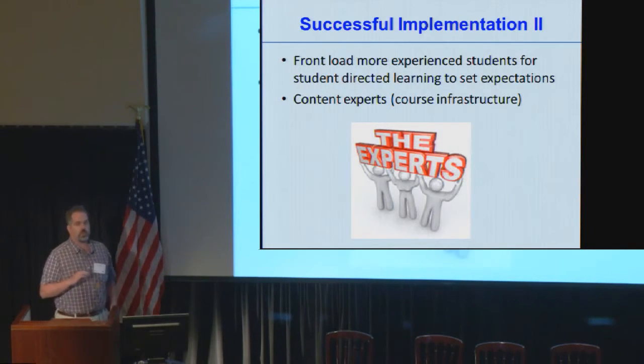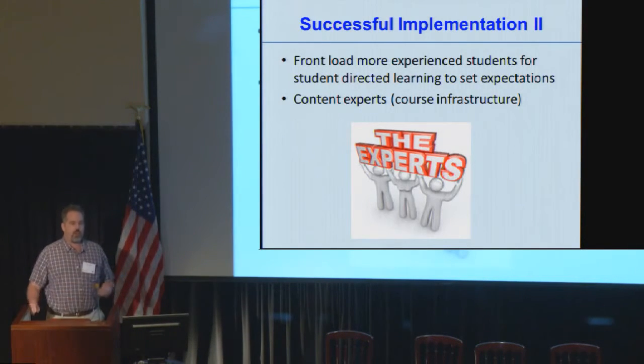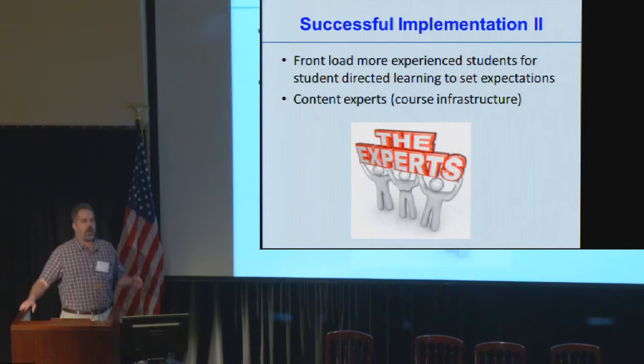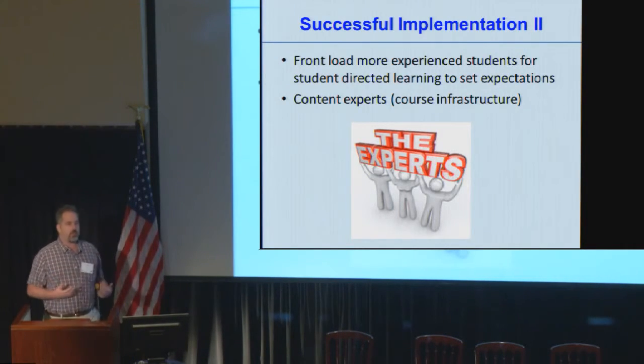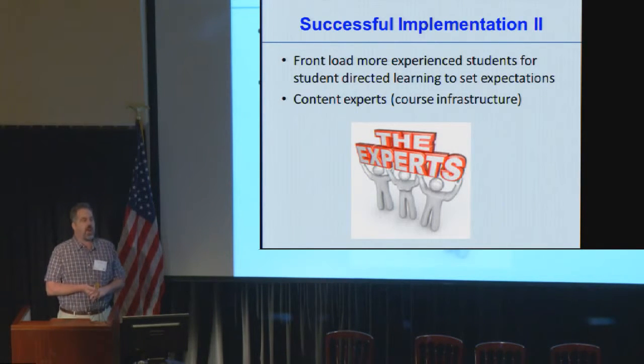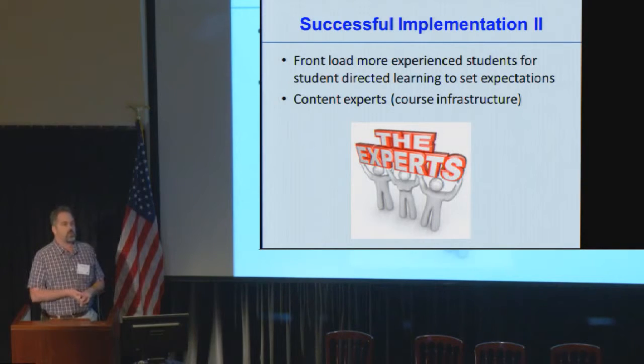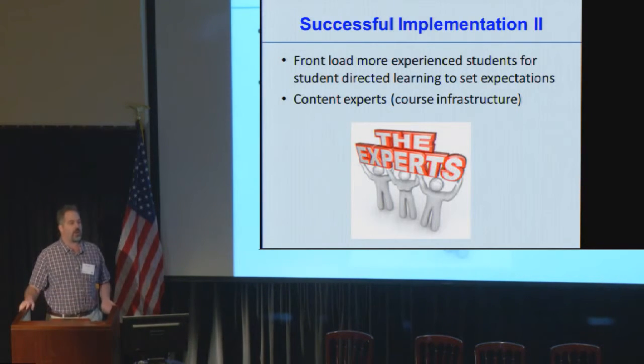So one solution, in one course that we had, was this: if you have some students who are weaker in background but could be brought up to speed, then one of the things you can do is front load the people in your class who are going to be experts. So if you're having presentations, they're the people who go early on, and then they can act as a form of mentor to the students who are weaker or have less background.